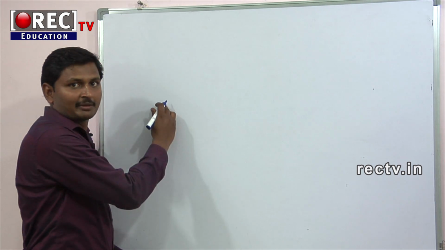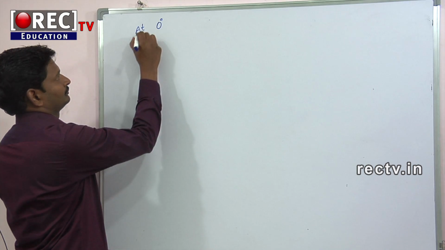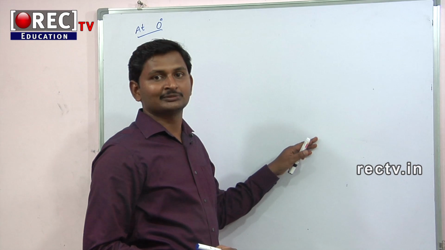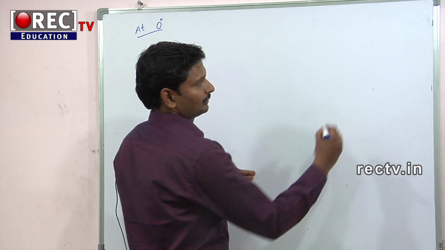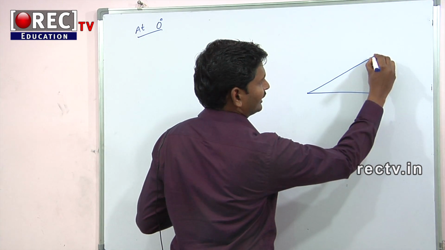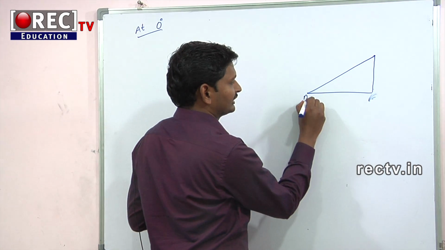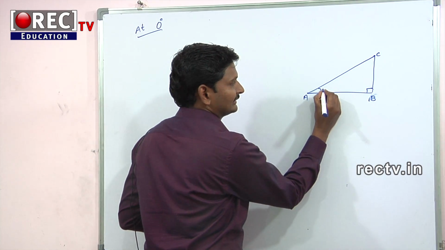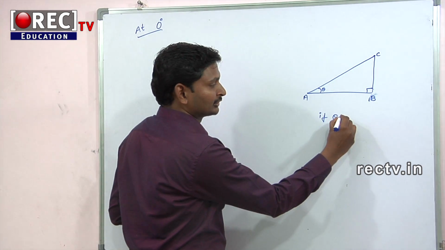The values of trigonometric ratios at 0 degrees. So in this case we have to assume 0 degrees. Actually in triangles 0 degrees is not there. Just have to assume that this is a right angle triangle. Just take here A, B, C. Some angle is there here, that is theta. If theta is equal to 0 degrees,